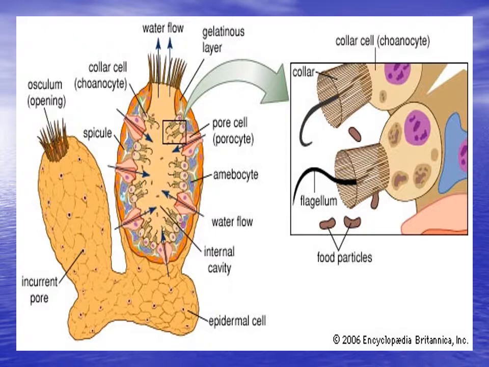Here's a diagram of a sponge. On this side over here, we're looking at a sponge's exterior, and you can see all these black circles here and here. Those are the pores that are created by the pore cells. Now here